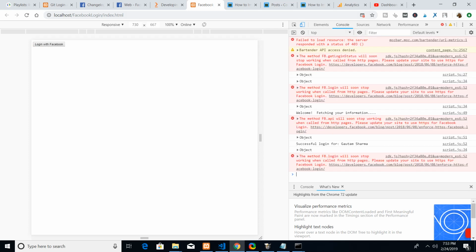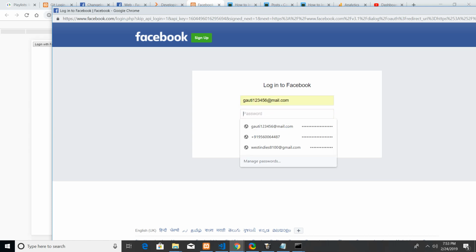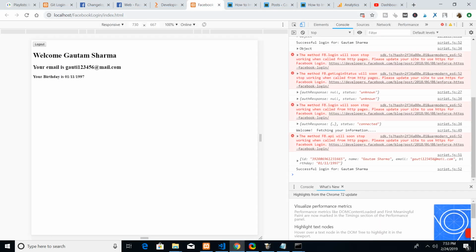If I hit this login with Facebook button, you will see that there is a prompt which will allow me to log in into Facebook. You can see that this is the email address which is auto filled. So let me enter the password here. If I enter the password, you will see that it will be logging in into my Facebook account,